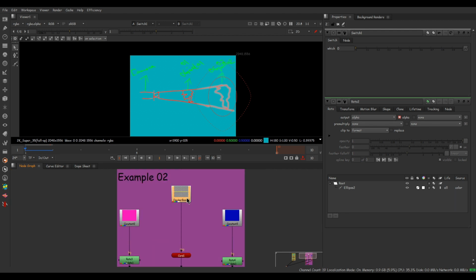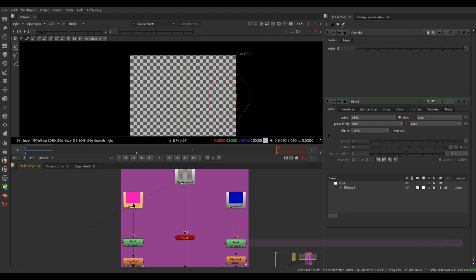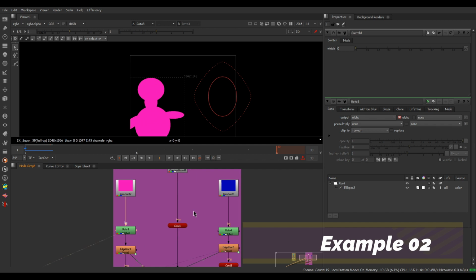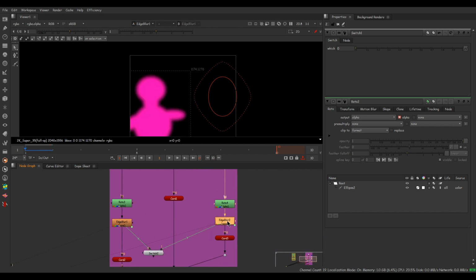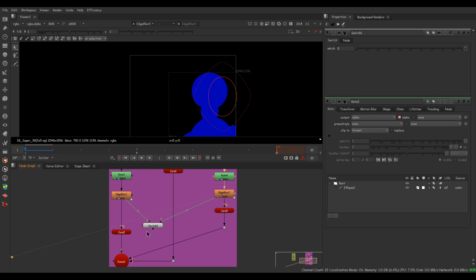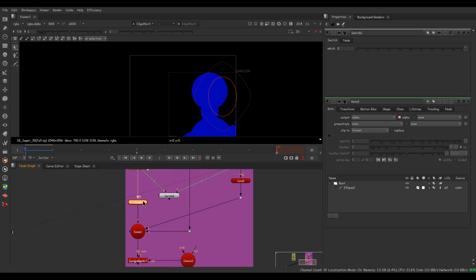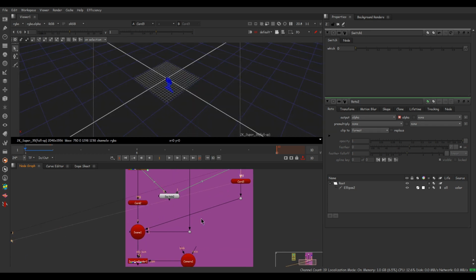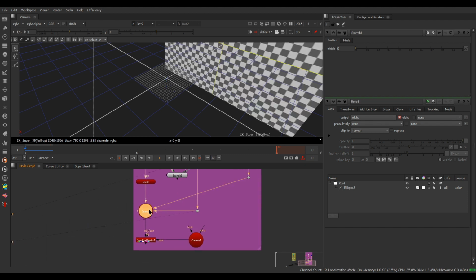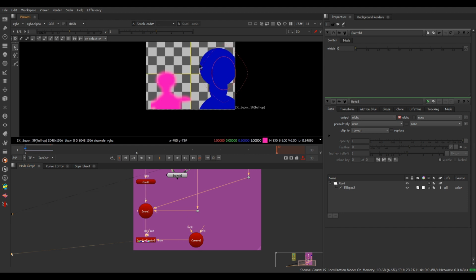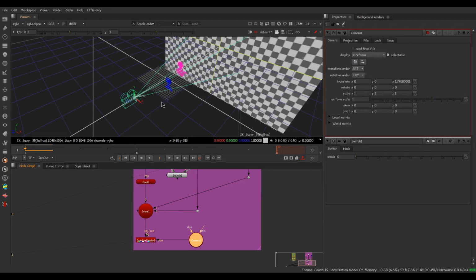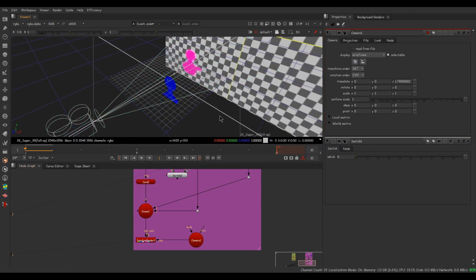Example 2. Here I have a checkerboard as a background. I took a pink constant and premultiplied it using a roto. Also we have a blue constant premultiplied. I have connected edge blur to both the results. At the end, connect all these into a card and assemble into a 3D scene. We have a scanline node to show the result. Let's suppose this is the shot camera. Consider this as a real life shoot.